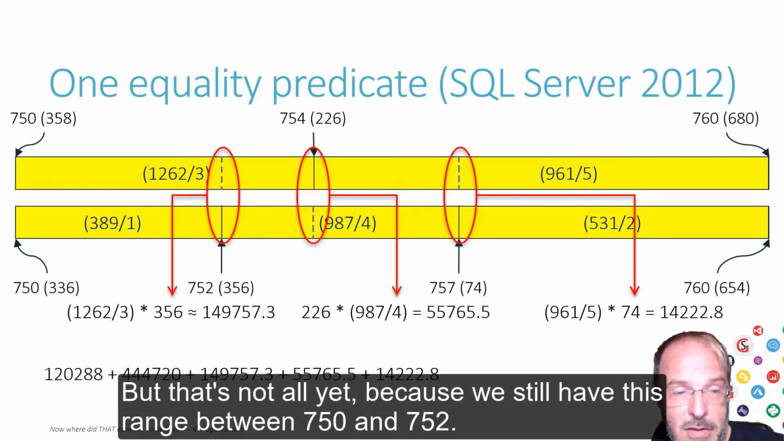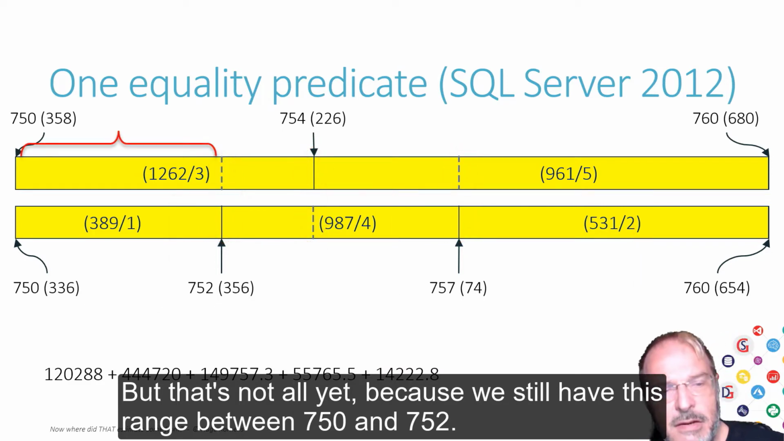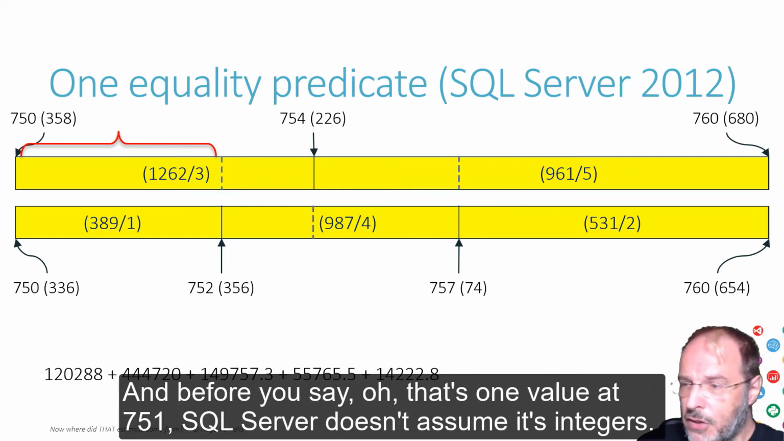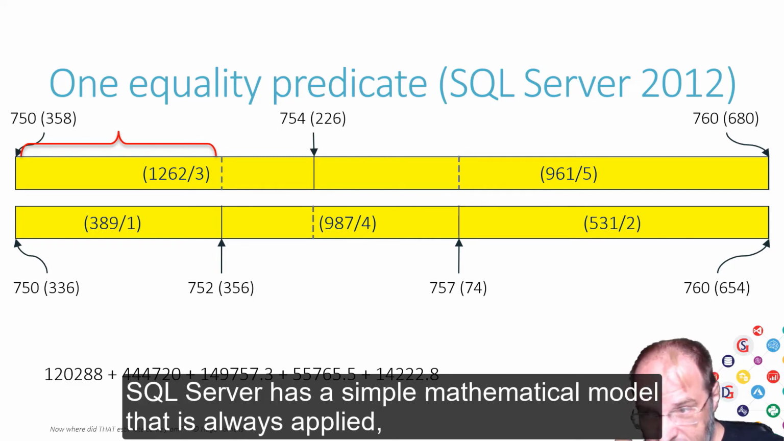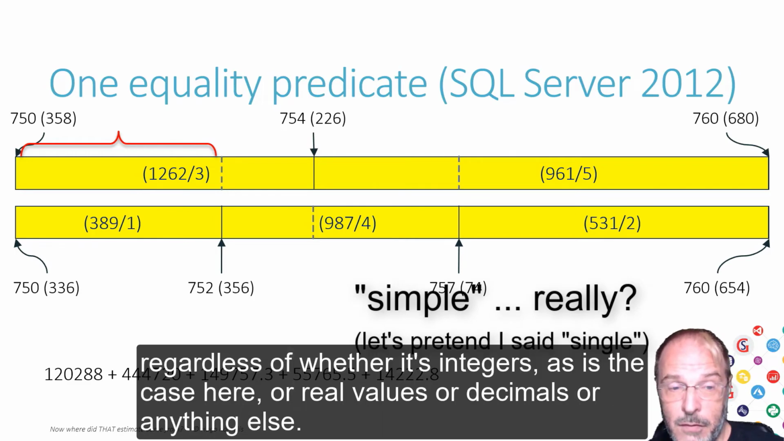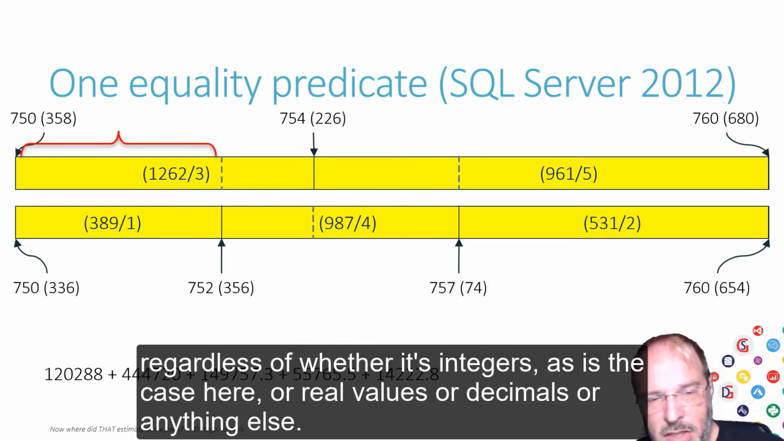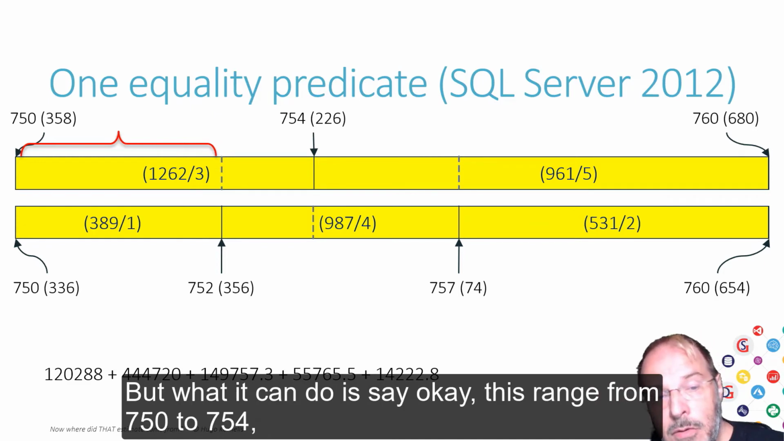But that's not all yet, because we still have this range between 750 and 752. And before you say, oh, that's one value, it's 751, SQL Server doesn't assume it's integers. SQL Server has a simple mathematical model that is always applied regardless of whether it's integers, as is the case here, or real values or decimals or anything else. So SQL Server cannot simply say, oh, there's only one value there. But what it can do is say, okay,